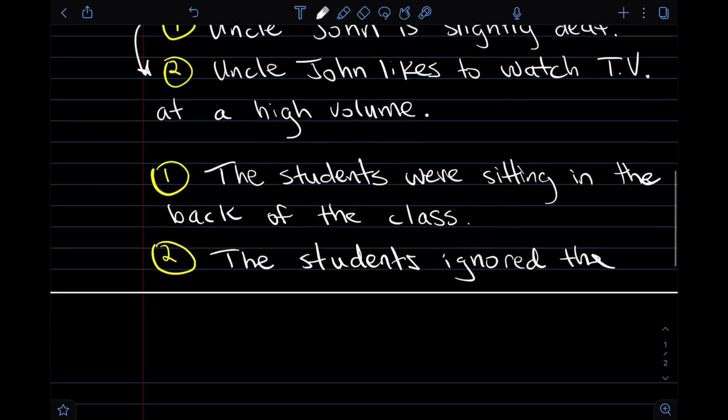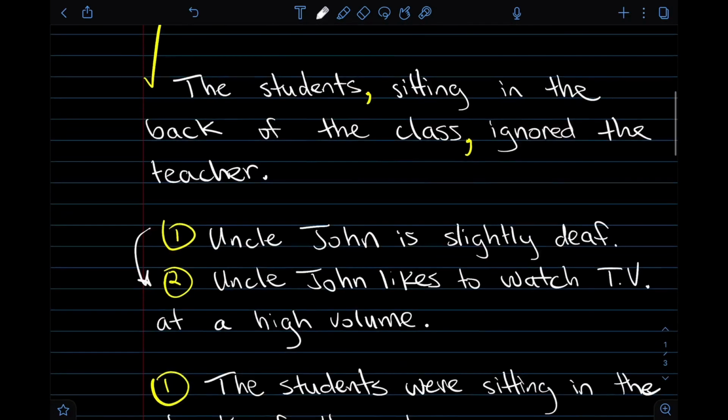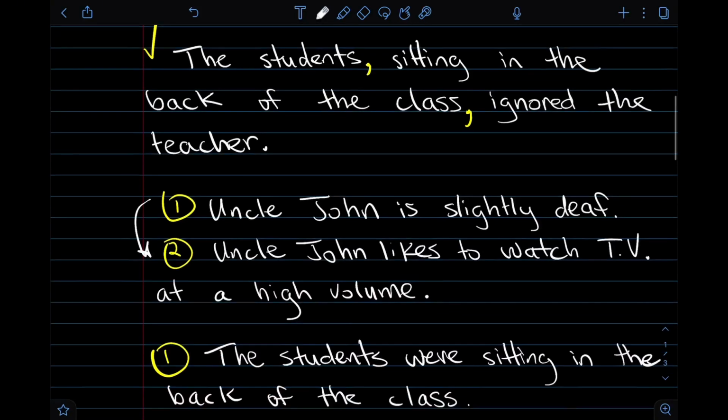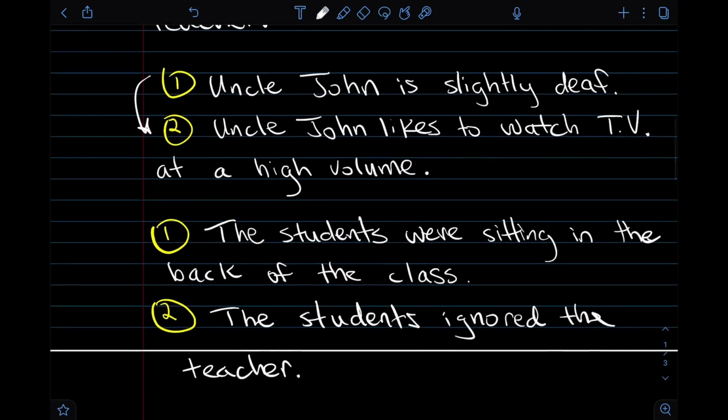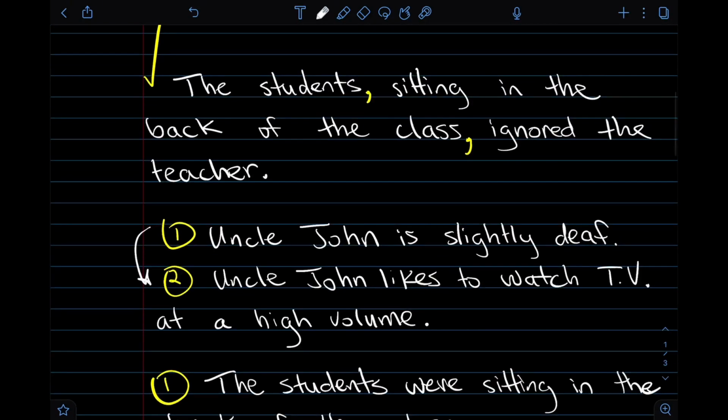So can you see here that if we were to be ungrammatical with the statement, then we confuse the message altogether. In fact, we don't confuse it. We're really stating something altogether different. We're saying that the students, comma, sitting in the back of the class, therefore we're saying that all of the students were sitting in the back of the class and all of the students ignored the teacher, which is very different from what would have been presumably the intended message of the writer, which is that not all of the students, but just the ones who were sitting in the back of the class were ignoring the teacher.